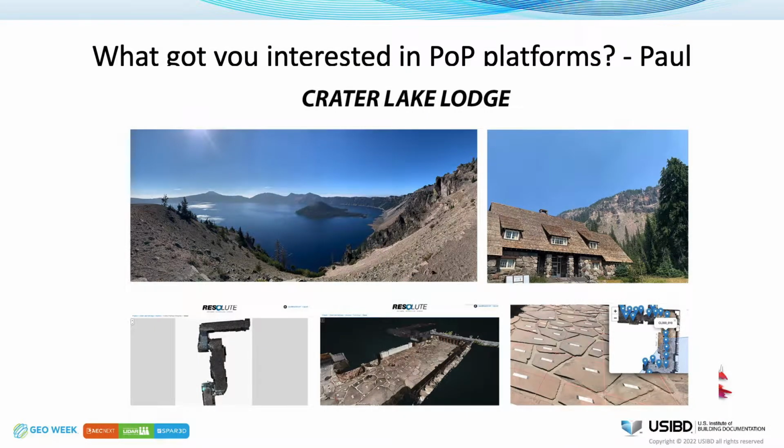In this example, this is Crater Lake Lodge in Oregon, at the deepest lake, I believe, in the United States, maybe North America. It's 2,000 feet deep, and it's a big crater. We had to map this lodge, the pavers, the stones out there. I held a drone, a Phantom 4 Pro, without propellers, and had my wife trigger the camera as I walked along to make an orthomosaic, because there's no real good way to map stonework like that. It's irregular and complicated. We needed a way to view that so the contractor could know exactly where to put back those stones, which were labeled by number and grid line.